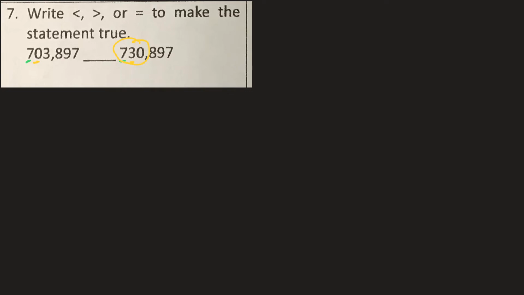730,000 is going to be greater than 703,000. So 703,000 is less than